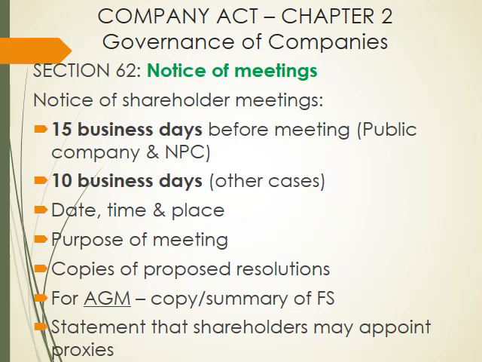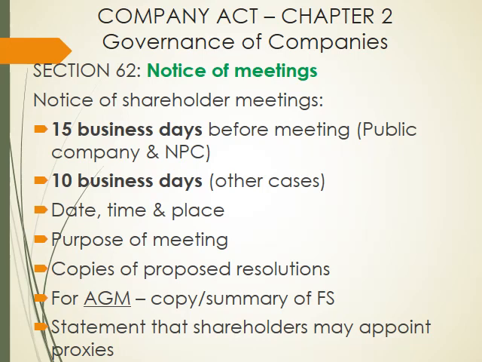Okay, so the notice of these meetings needs to go out 15 business days before the meeting in the case of a public company or a not-for-profit company, or 10 business days in any other case, that is now for a private company. The notice needs to specify the date, time and place, the purpose of the meeting, and then any proposed resolutions, any proposed decisions that need to be decided on. Copies of those need to be issued